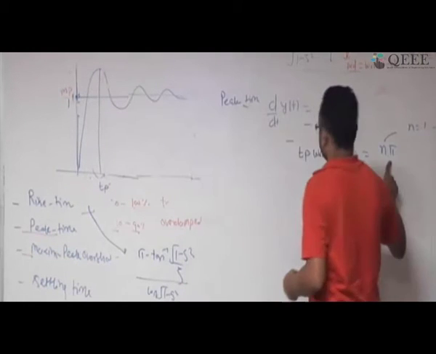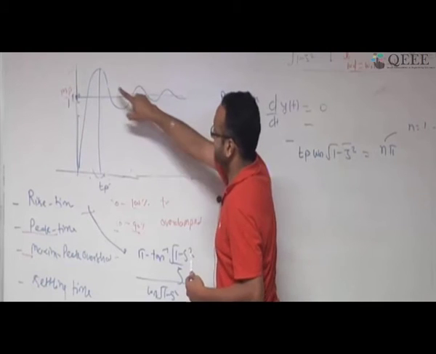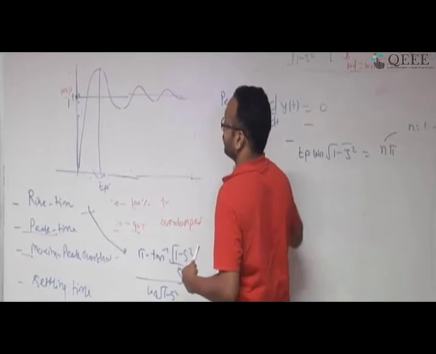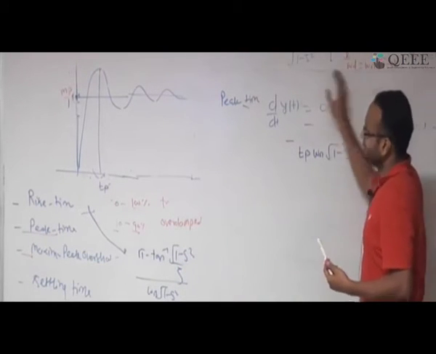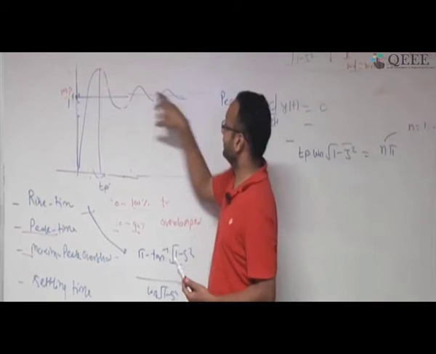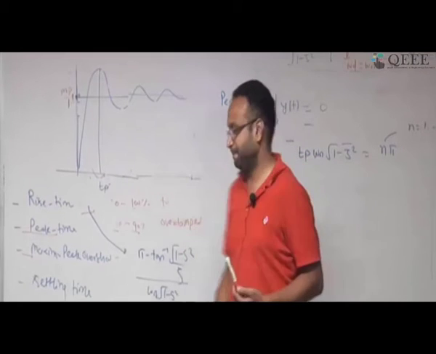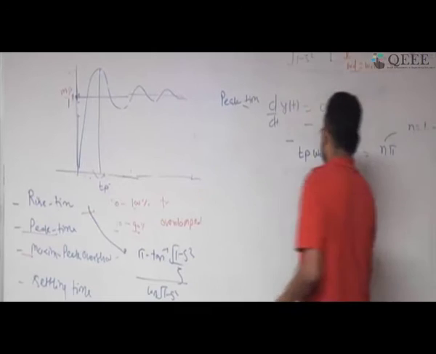If you take n equal to 2, it is going to be second minima, third minima, third maxima. Sorry, this first maxima, second maxima. This first minima, second minima. It will keep on going. So when I am differentiating it, this response will be 0 at several locations. Correct? But I have to choose a location where it is becoming maxima first time. Okay, so that's why I am choosing n equal to 1, and I will write it directly.